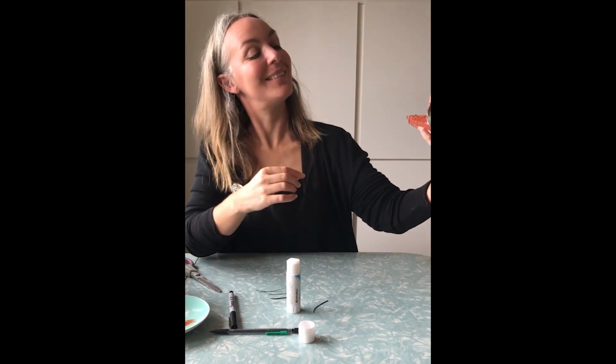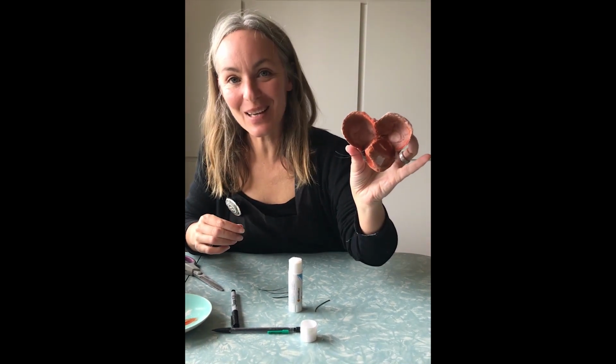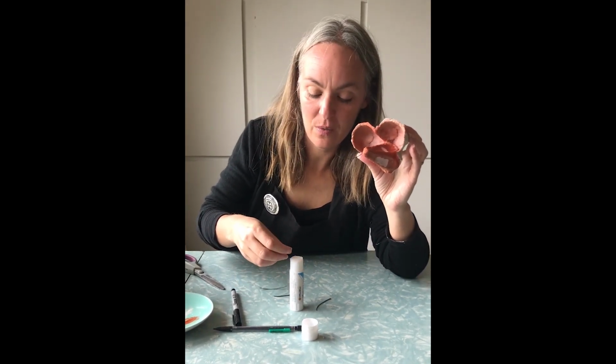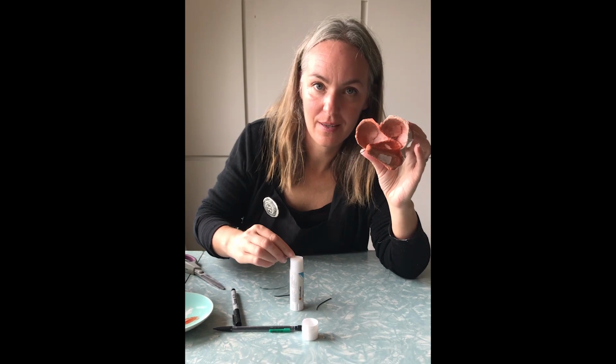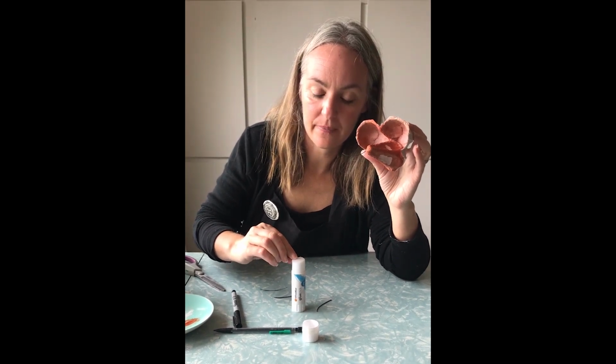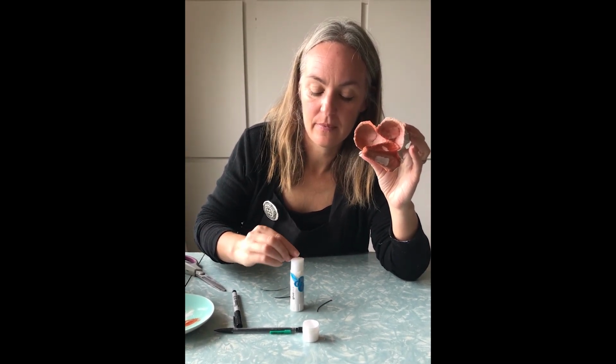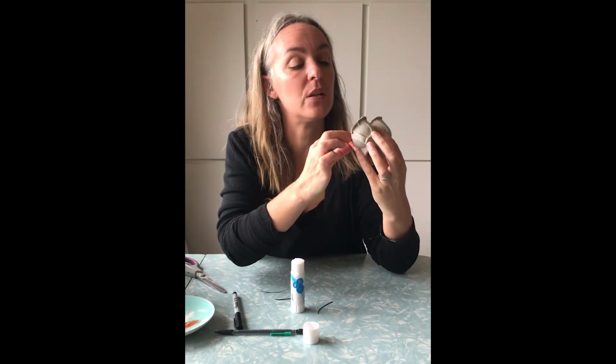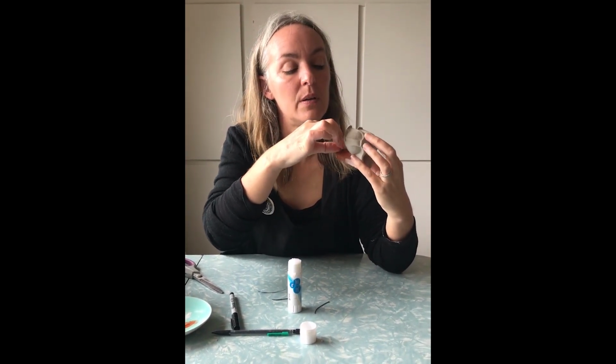Ooh, cute. That's coming along nicely. How's yours looking? What did you decide to do? Or are you still deciding? Next one on the other side. I think I'm just going to use 2 on each side because it's...